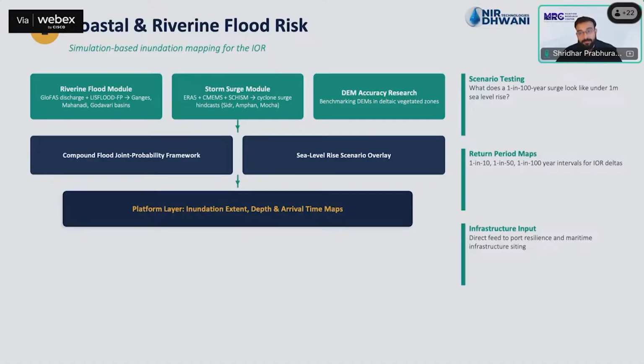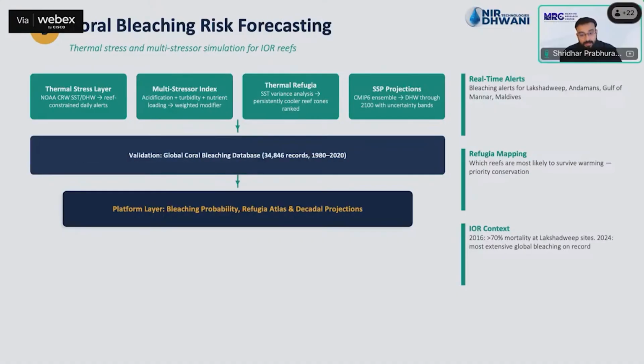So we build separate modules for riverine and coastal surge and then combine them using joint probability analysis. And this is where scenario testing comes into the picture: you provide data of a higher sea level rise, so the hydrodynamic model can take into account how the higher sea level rise is going to impact the overall flooding. That's what I meant by saying that we can replay the scenario of what it's going to do in the next 5 years, 10 years, or 20 years down the line.